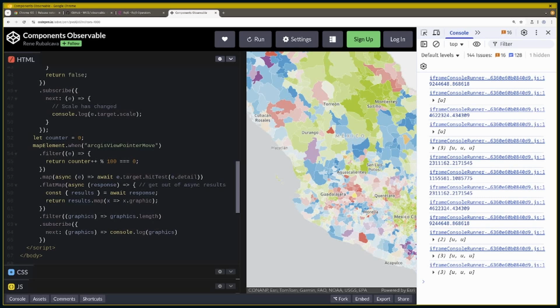You're going to get an array of results that's going to have graphics inside it. I think it has the screen point as well that gave you this result. I really only care about the graphic, right? And I'm using flat map here because if I didn't, this function here would also have to be async. It'd have to have a promise, and this would have to be async as well if I didn't use flat map to get out of there. So I use flat map to get out of async results, and I'm going to filter out because I only care about